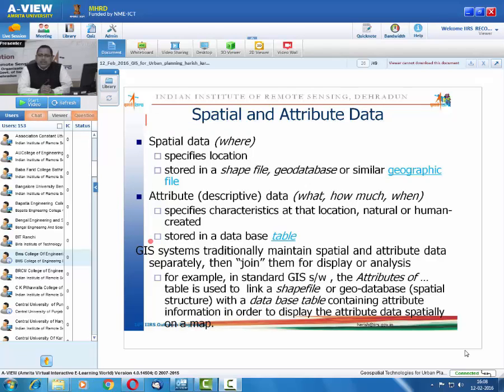Now you see here I was talking about the two important components of the data model. One is spatial, second is attribute. So sometimes we say that it is spatial and non-spatial. Non-spatial basically we talk about the attribute data which gives you the characteristics of a particular feature. The spatial data specifies the location, stored in a shape file or sometimes a geodatabase or similar geographic